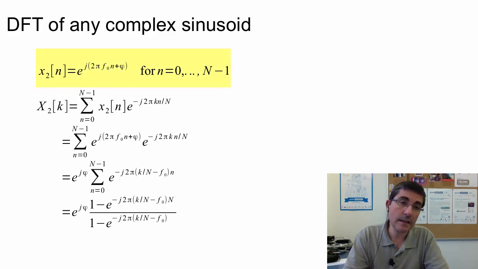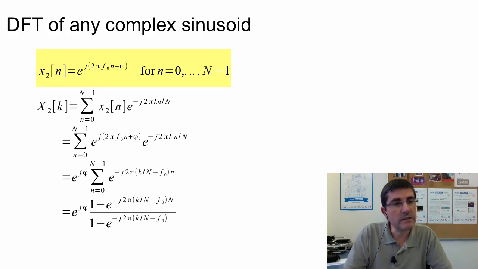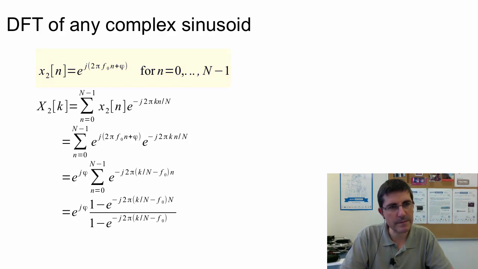Let's start with a signal x sub 2, which is a complex exponential, but the frequency is not one of the frequencies of the DFT sinusoids. So the frequency is expressed by f sub 0, and it has an initial phase, and it has the same duration, capital N, but it doesn't have a fixed number of periods in that duration. So let's put this sinusoid into the DFT equation, and we again get the product